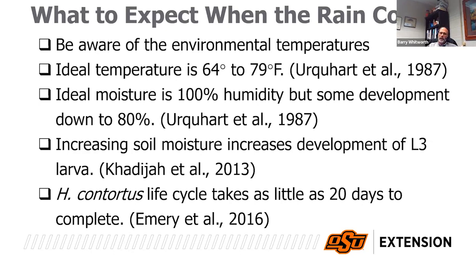We've grazed our pastures down. So a lot of these animals don't have any choice but to be getting down close to the ground, eating grass. And we said a while ago, 90% of those L3 are going to be 4 inches or less, but a lot of our pastures, that's where the grass is going to be. So again, assess your risk at this point about what's fixing to happen if we get these rains that they're talking about in Oklahoma. Not everybody's from Oklahoma, but that's things you need to consider at this point.